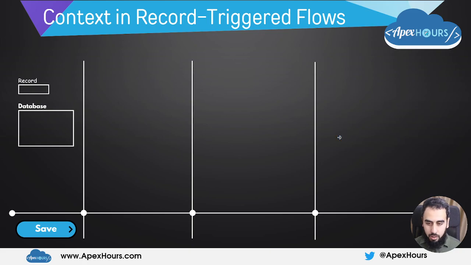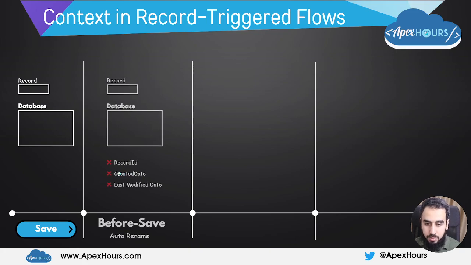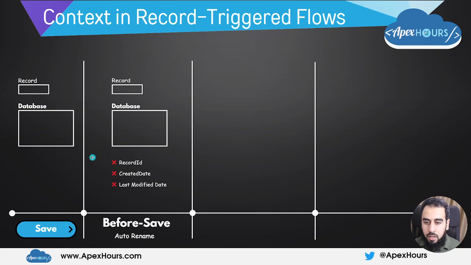Starting off with when you go to create a new record, you go to a list view, you click new, you populate some data, and then you click save. We're talking about the part before you clicked save. Now we haven't clicked save yet. At this point, this is the record that you are attempting to create or update. The database is still empty. This record has not gone to the database yet, and then you haven't clicked save yet. And then you click save. What happens after you click save